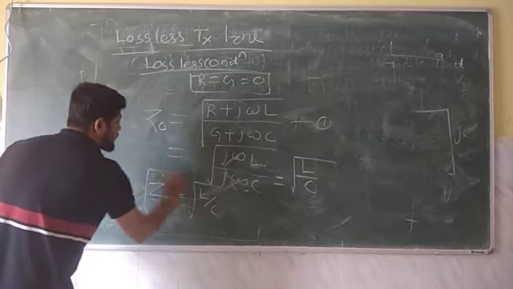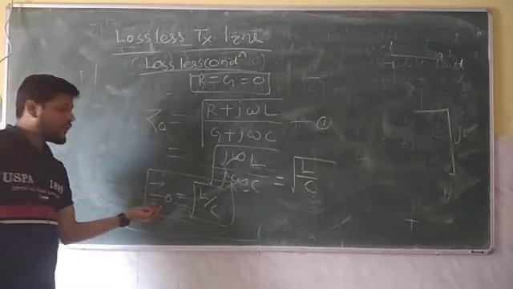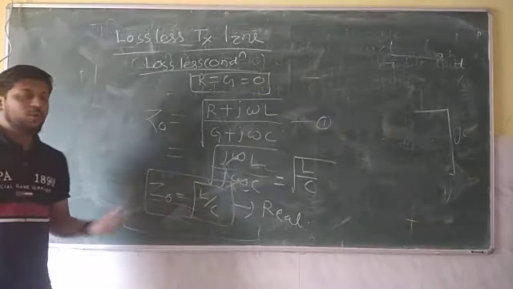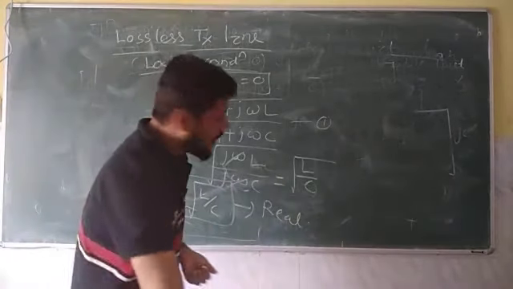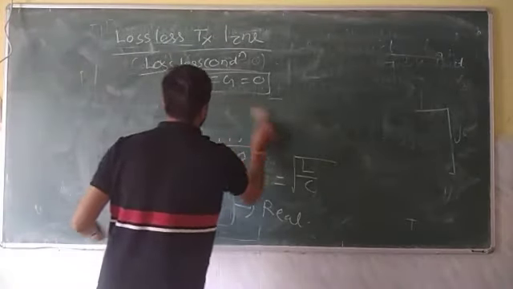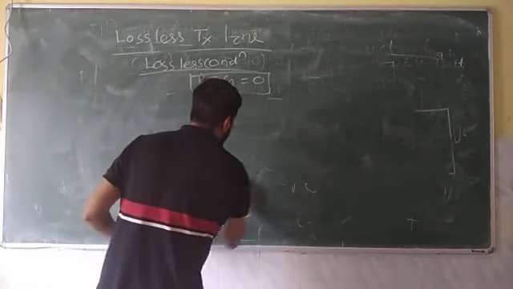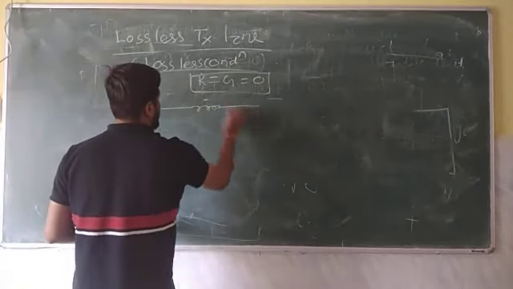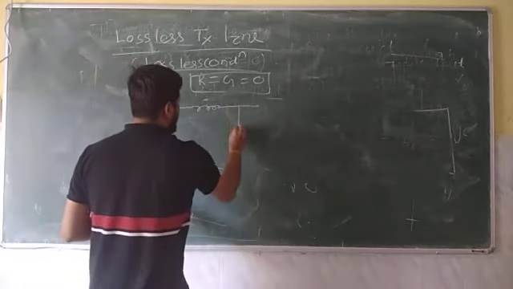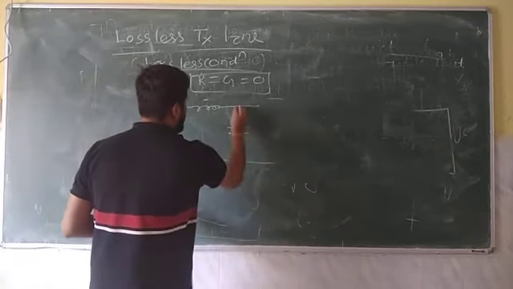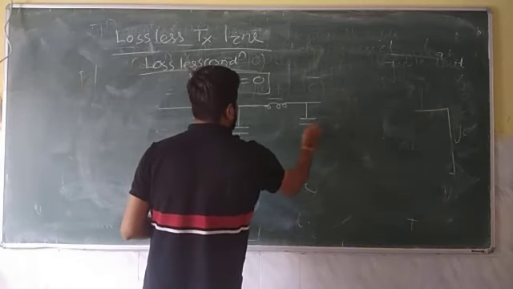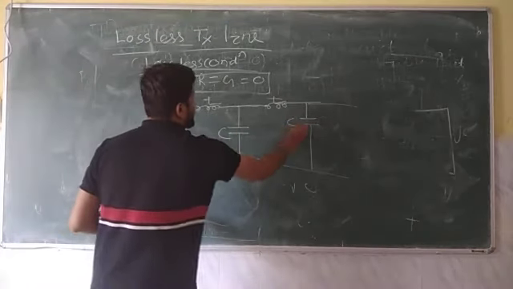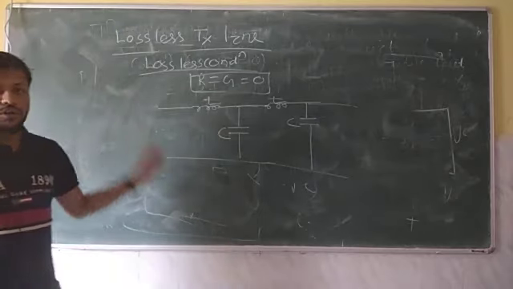What we will find is that this characteristic impedance is a real number. So how to represent this lossless transmission line? Since R is equal to 0, what is the equivalent circuit of this lossless transmission line? The equivalent circuit will be like this. There is no resistance present and no conductance will be present. So this is only L and C, no R and G, since this is a lossless line.